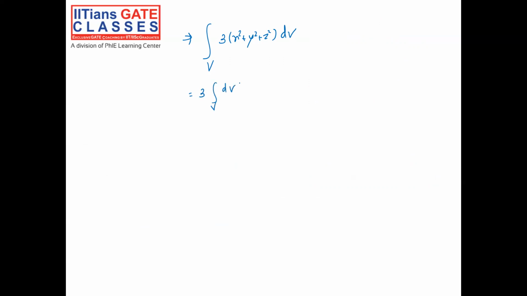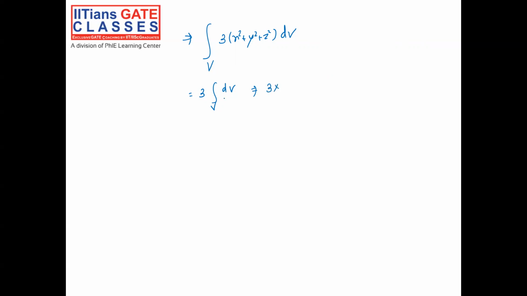So now coming towards the volume integral, integration over a volume, 3 times x square plus y square plus z square dV is what we have to solve in order to get the answer. x square plus y square plus z square is 1. So we will get 3 times dV, and integration of dV is V, and we know the enclosed volume will be the volume of the sphere, because the surface is of a sphere. So it will be 3 times